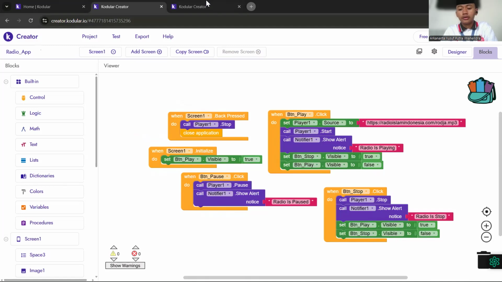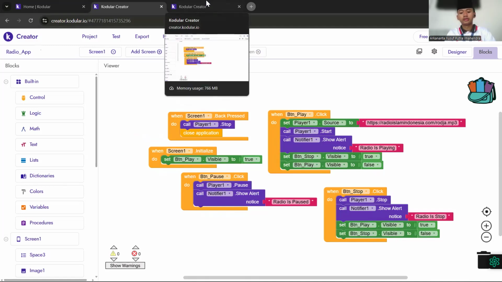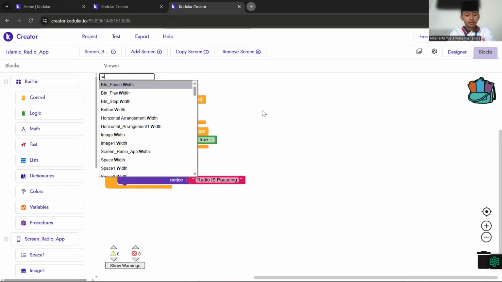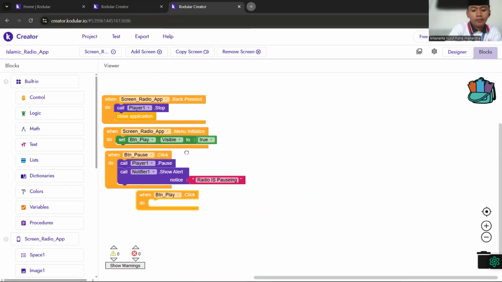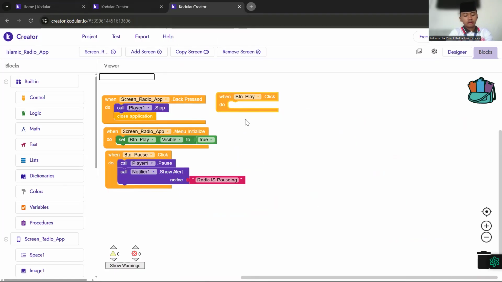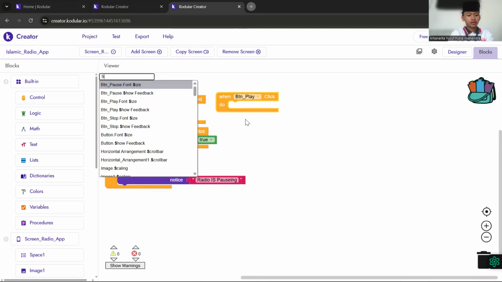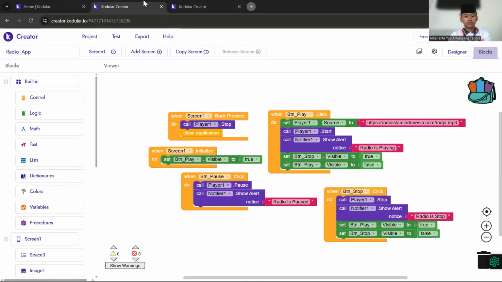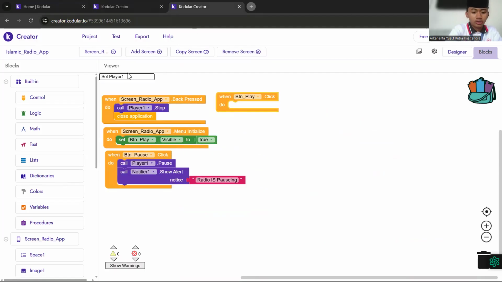Okay, so we have two codes again. That is when btn play click, set player one source, search.